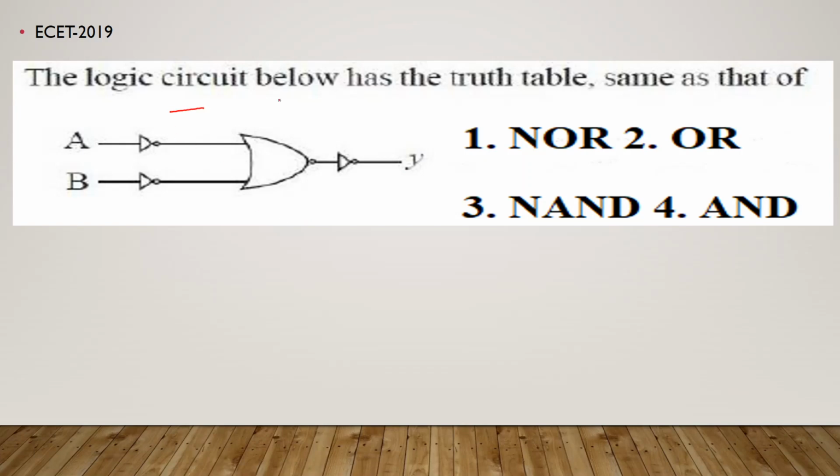He has given a logic circuit. Again you have to identify which gate this represents. What is this gate? This is the NOT gate. Here a leaf-like structure with a bubble represents which gate? The NOR gate. A leaf-like structure with a bubble, NOR gate. Again this one is a triangle. This represents which gate? It represents the NOT gate. I want you to solve this problem.